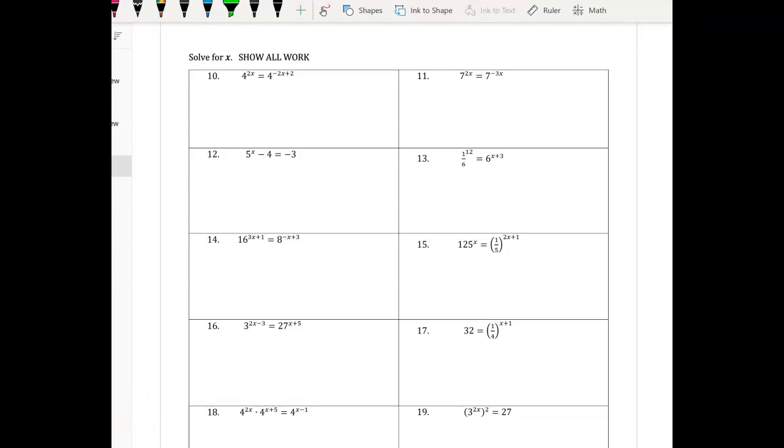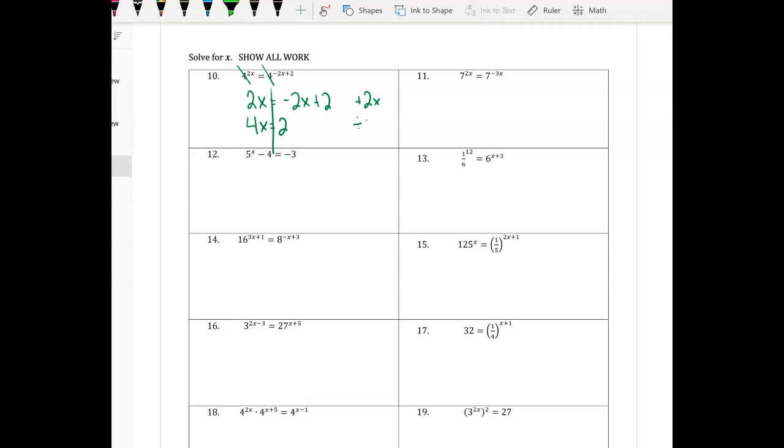All right, for this section, I would suggest you have your exponent and power table out because we're going to be solving for x. And our goal is to have it so that the bases are the same, like 10 and 11. So that the bases are the same, we can actually just ignore the bases and have the exponents become our problem. So for instance, I could add the 2x over,